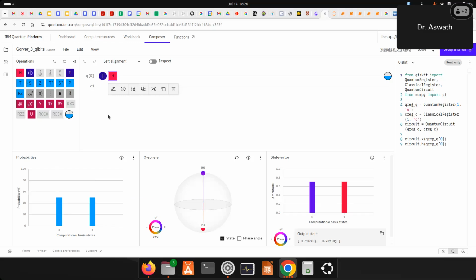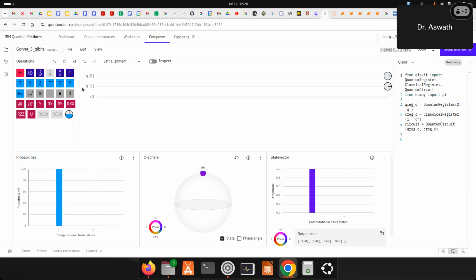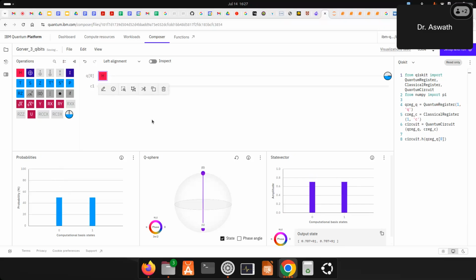Now I want to act a C naught gate. It is a 2 qubit gate, so I need to have one more register. Let me add one more register. But before that, let's see the observation now: quantum state observation. Let's say initially the quantum state is in 0. Let's put that into superposition. When I make an observation, it should fall to one of the states. Observation is represented by this meter symbol. It always makes observations on the quantum state, and the resulting state is put into a classical register.